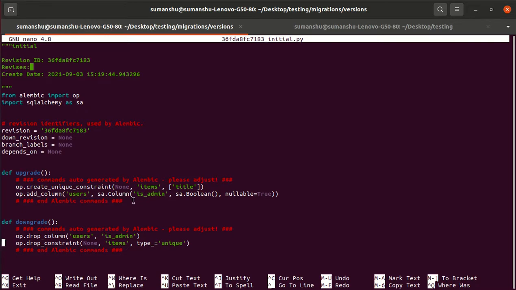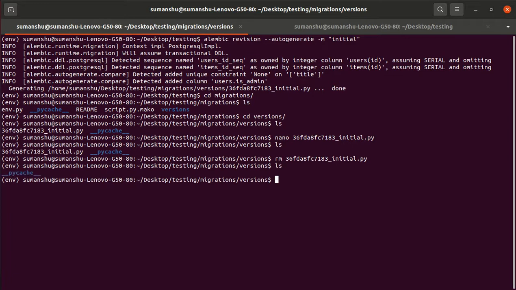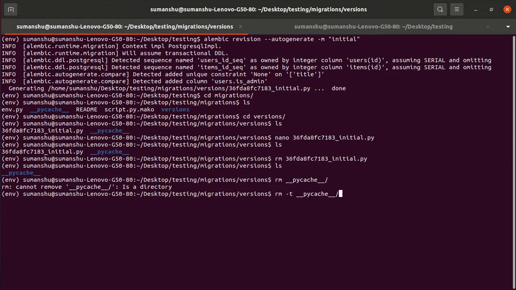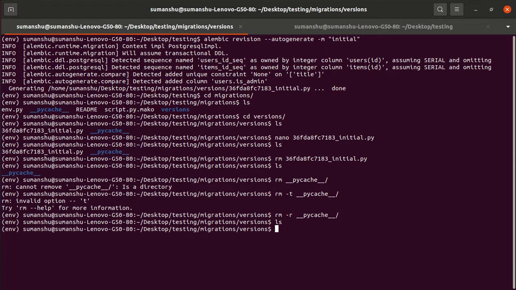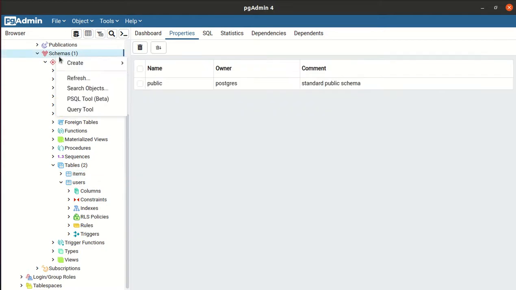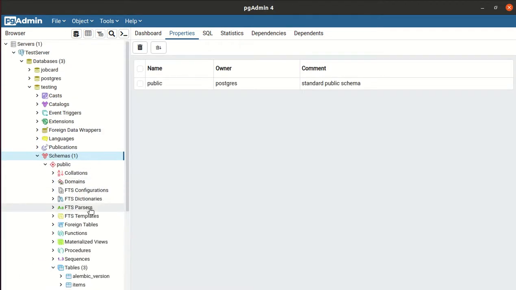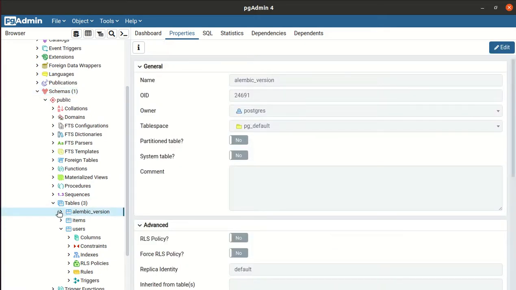But before that, let me remove that. ls, rm, and ls, remove the pycache, rm -r. So we don't have anything, and from here if we refresh it, automatically here the alembic_version table gets created. So if you click on this table,